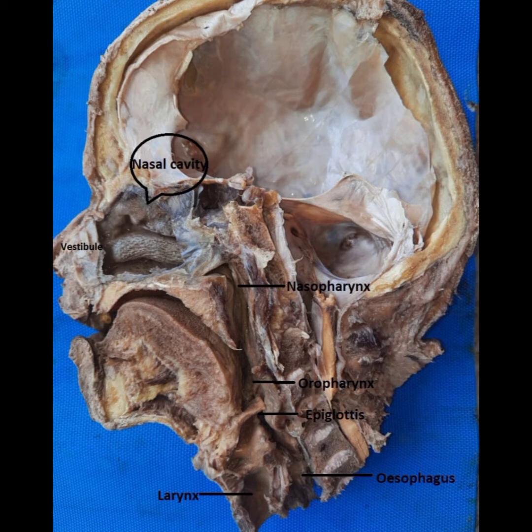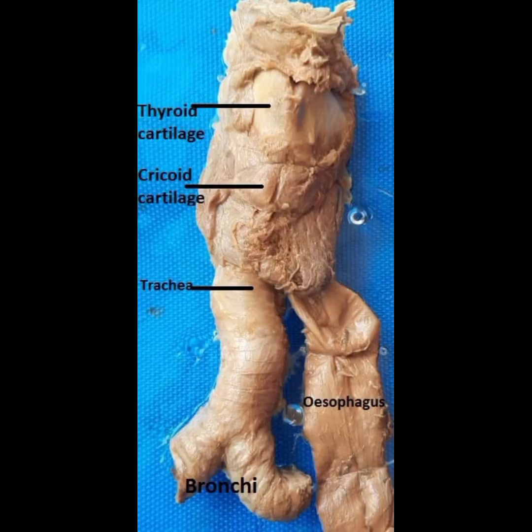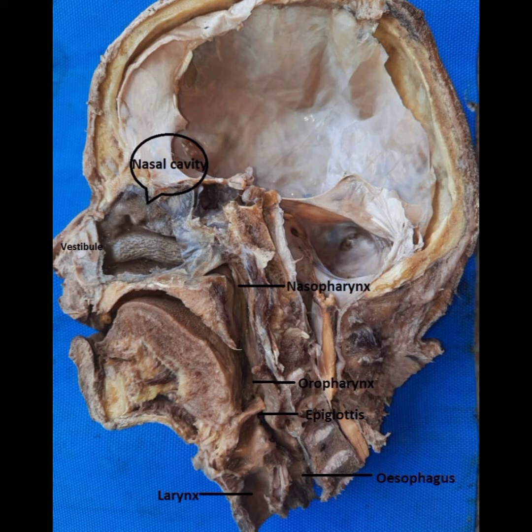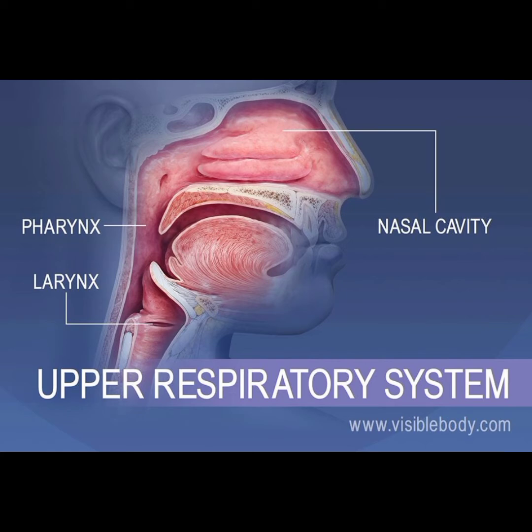Nasopharynx. The nasopharynx is the first part of the pharynx, and inferiorly it continues as the oropharynx, which is the posterior part of the oral cavity, and this pharynx leads into the larynx and the esophagus still inferiorly. This oropharynx is lined by stratified squamous epithelium. The nasopharynx is lined by respiratory epithelium, and the medial wall has the pharyngeal tonsils and the openings of the auditory tubes.